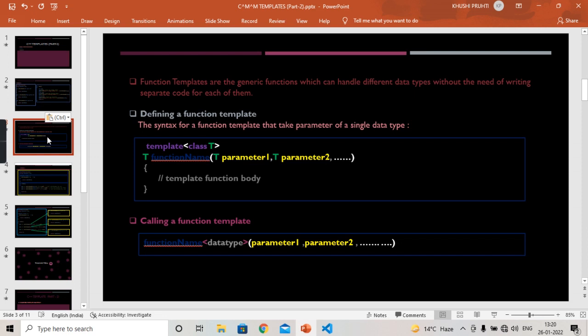So first is the syntax for a function template that takes a parameter of single data type. Why single data type? Because function template can take parameters of different data types. This thing we will discuss in our later videos. So first of all, we write